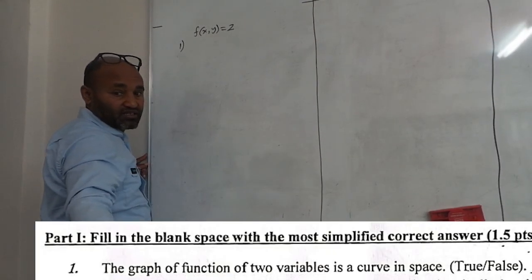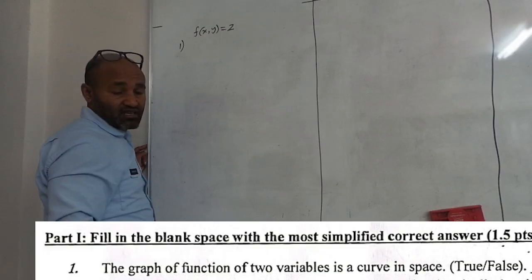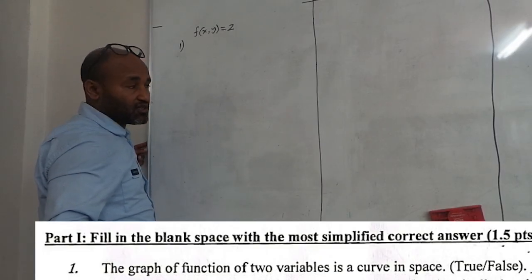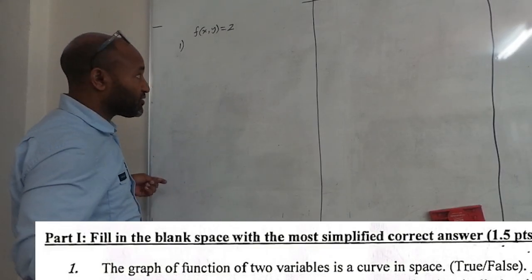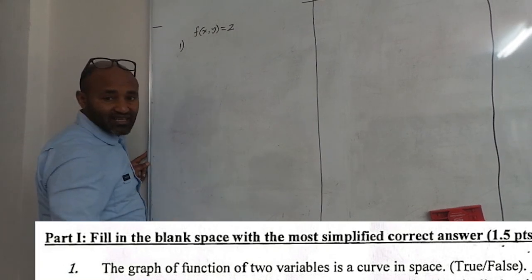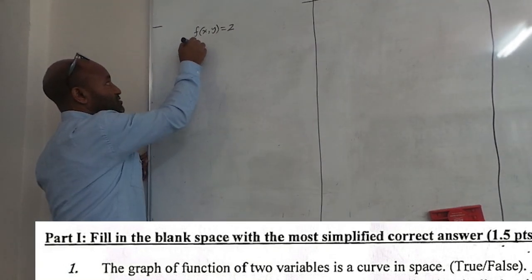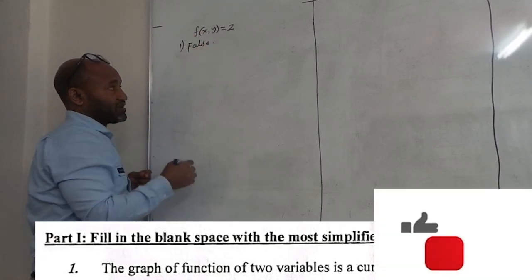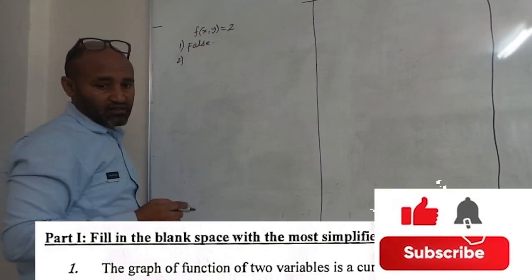The first part is fill in the blank space, and the first question is to say true or false. So the graph of function of two variables is a curve. No, it is not a curve. It is a surface. Therefore, our answer will be false. This is direct. Okay,